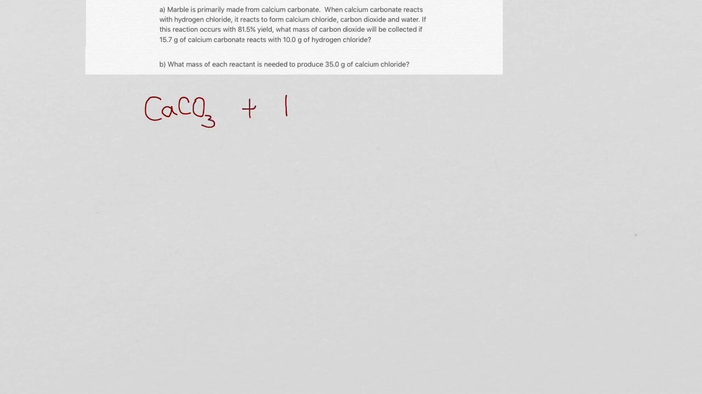with hydrogen chloride to make calcium chloride and carbon dioxide and water. And part A of this question required us to calculate the amount of product that could be formed when given